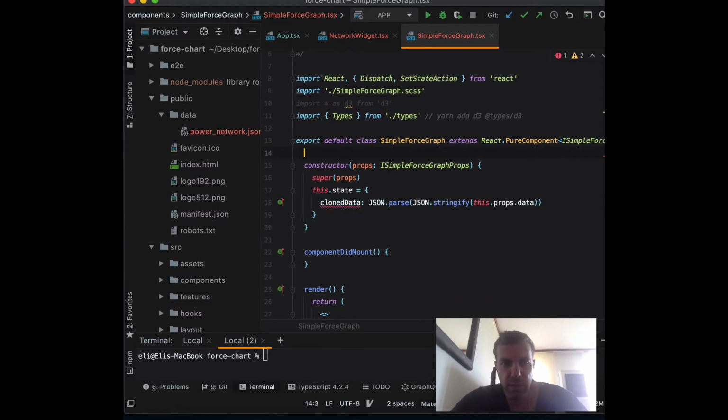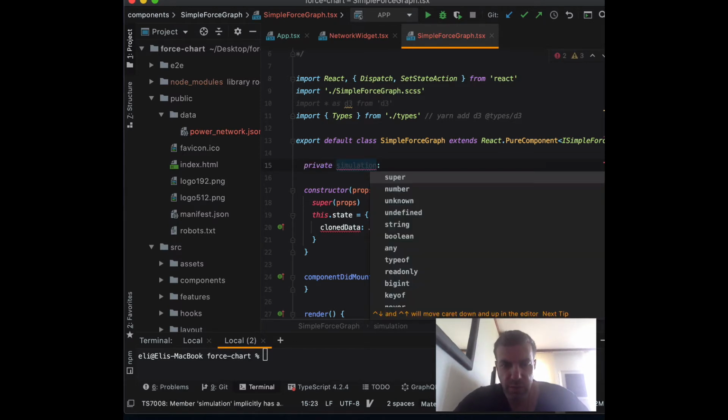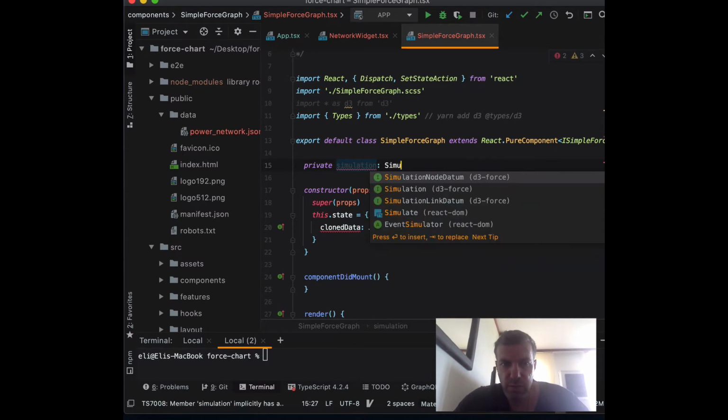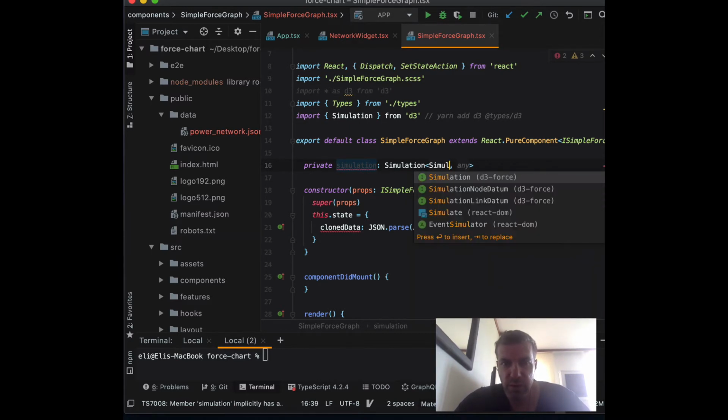Okay, let's add our simulation. If you remember, in the bubble chart, we created the simulation and put it as a private member. So we can do the same here. Simulation, it's a D3 force. And if you remember, we imported that in the beginning, in the previous section. And that's going to be of type Simulation